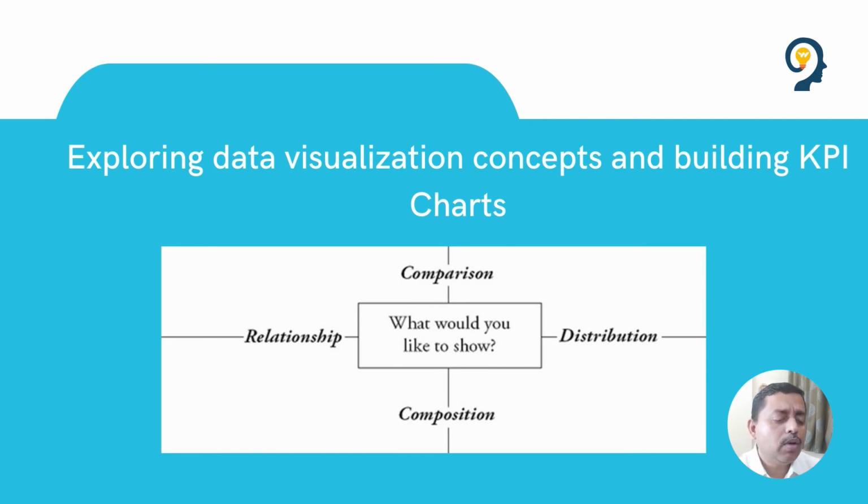So visualization, we need to understand why we do it. These are the four major factors: we use it for comparison, distribution, relationship, and composition. When it comes to chart development and KPI development, the first thing we need to do is understand what this KPI is used for and how it will be visualized. Visualization will be an in-depth study required to harness the power of the KPIs out of your Excel data or non-Excel data, whatever data you have got.